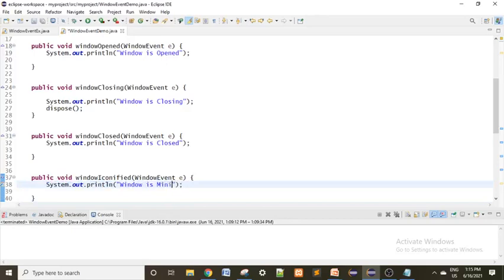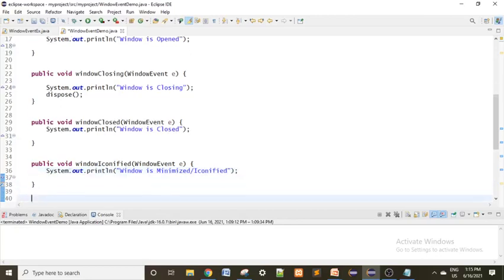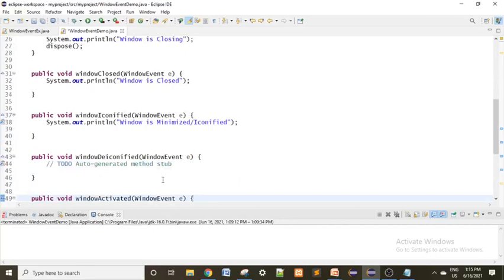The window is minimized, or you can write iconified. Iconified means minimized, right? Then after that, if the window is de-iconified, meaning maximized again, you can write here "the window is maximized".